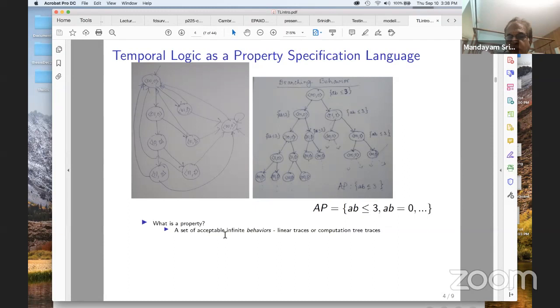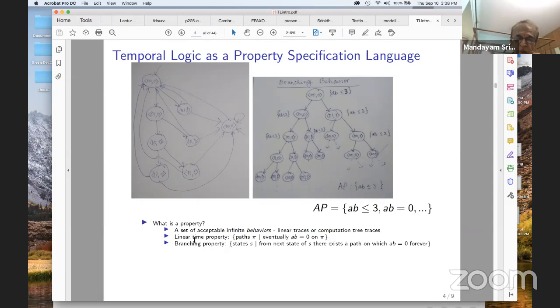These behaviors can be either linear traces, if that's what you're concerned with, or the behaviors can be represented as a set of computation trees. So that's what it denotes. Depending upon whether you care about linear behaviors or branching behaviors, the property can be either a set of